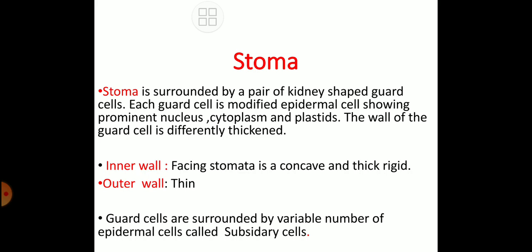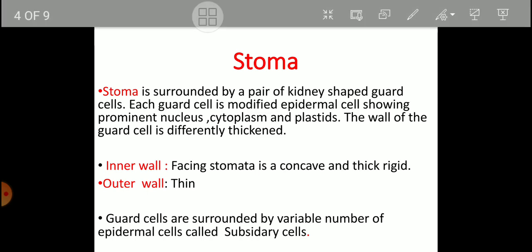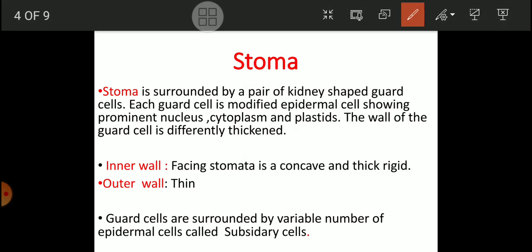Now in the last lecture also I asked you to sketch and label the diagram of a stomata, because only then would it be very easy for you to understand the exact structure of the stomata and how that structure helps the plant in the process of transpiration. Now as I have already said, at the center there are two most important cells, the guard cells, which guard the central pore, that is known as a stoma. So about that stoma we have to learn.